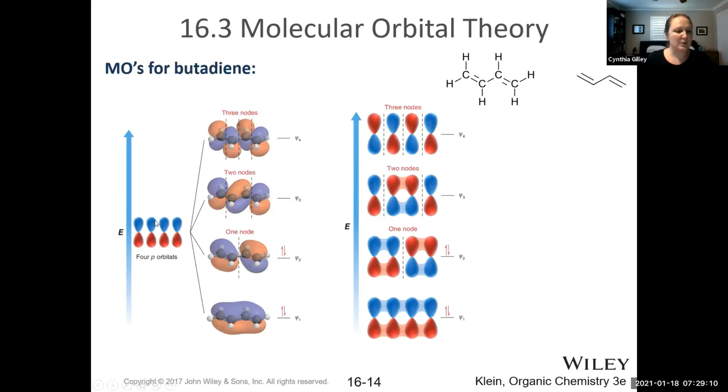Each p orbital brings 1 electron to form the pi bonds. That means that there's a total of 4 electrons coming from the 4 p orbitals. So we'll place 2 of the electrons in the lowest energy bonding molecular orbital and 2 in the next lowest energy also bonding molecular orbital, which means that 2 electrons have the freedom to roam over all 4 atoms. But the other 2 electrons are sort of separated on each side of the 4-atom system with a node in the center, which means that there's a change in sign on either side of the node, and there can be no constructive overlap between these 2